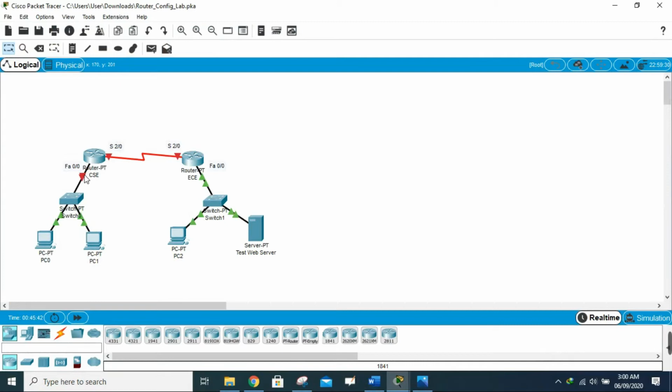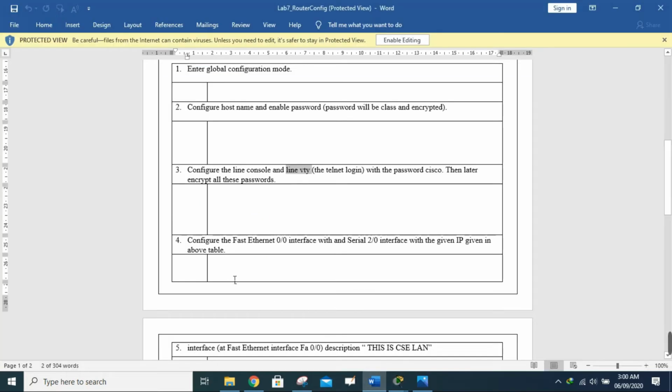Okay, so there is a port, and there is another port, and there is another port. So these are all basically different ports. These ports are known as interfaces. Okay, so for this CSC router, the question wants me to set up the first Ethernet 0/0 interface and serial